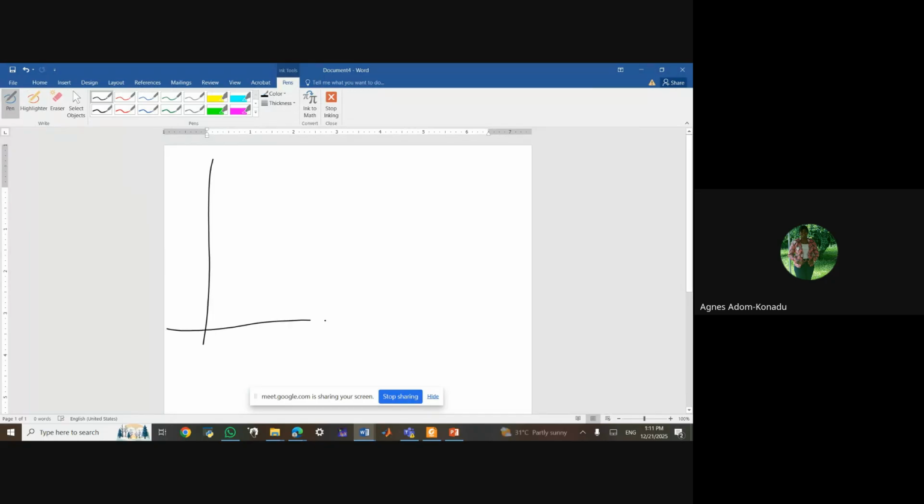So I will draw. I have my y and x axis. Then I have this line A with x1, y1,